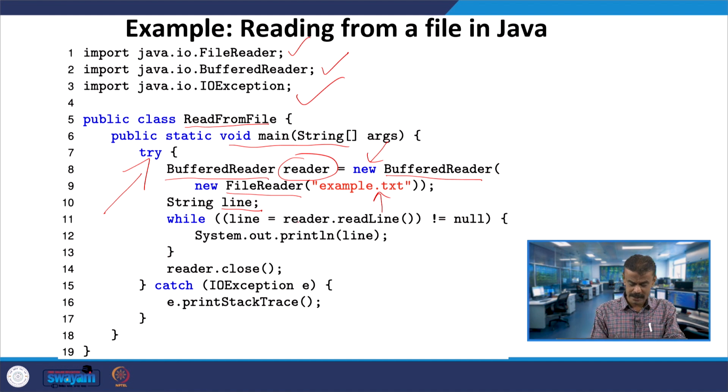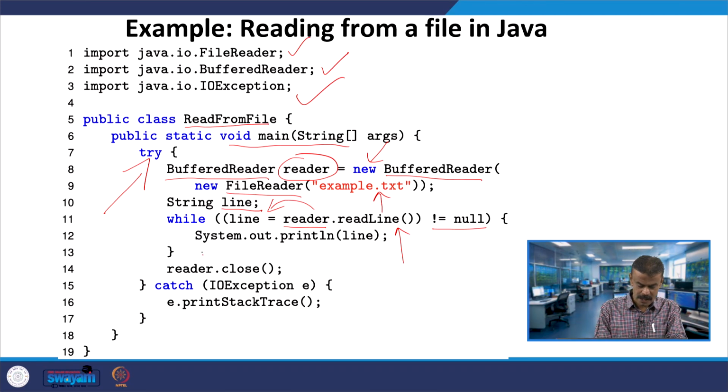Here the reader object will invoke the readLine function. When it is invoked, you assign that to line. For example, assume you are reading the first line of example.txt, which is welcome, and it is not equal to null.